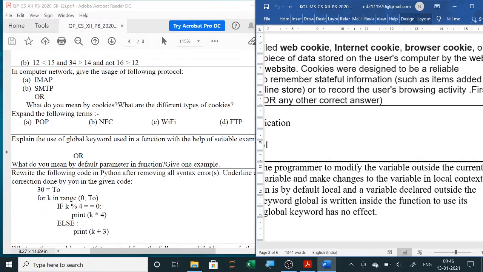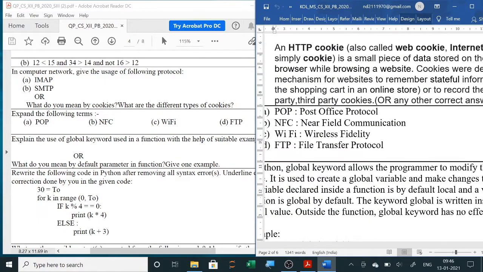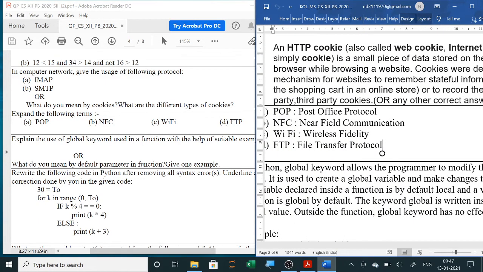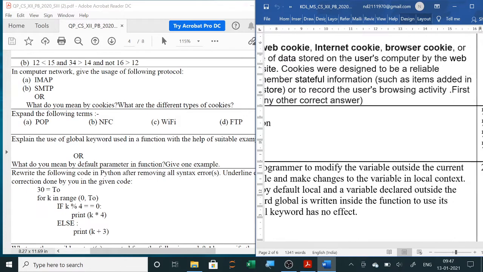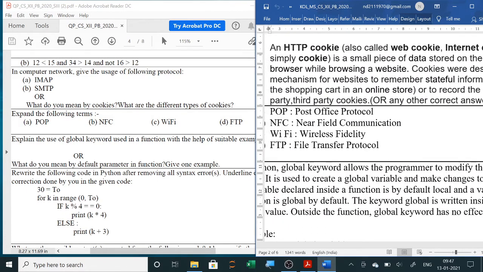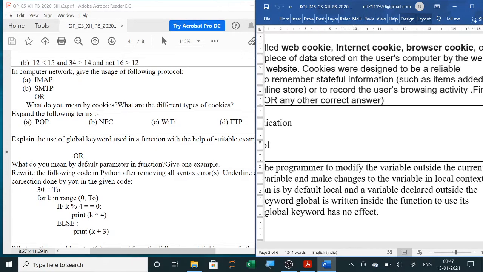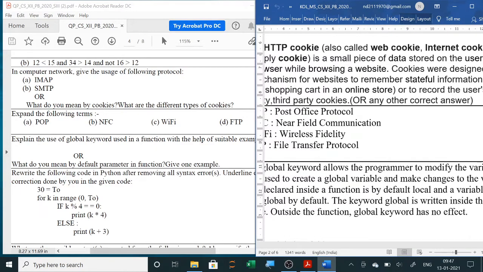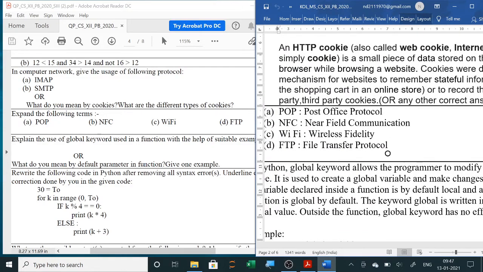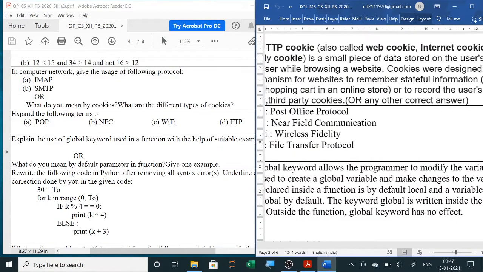Cookies were designed to be a reliable mechanism for websites to remember stateful information such as items added in the shopping cart in an online store, or to record the user's browser activity. First party, third party cookies, or any other correct answer.